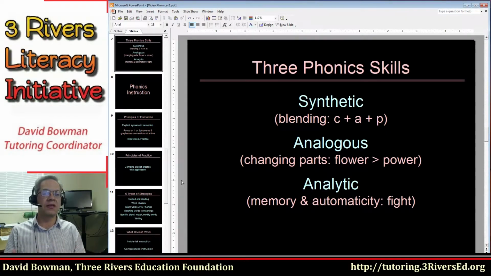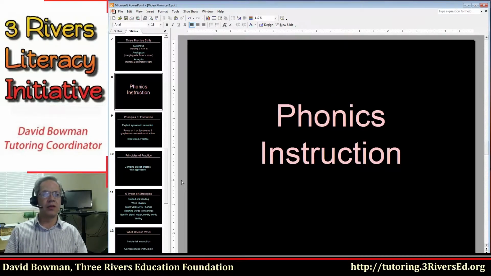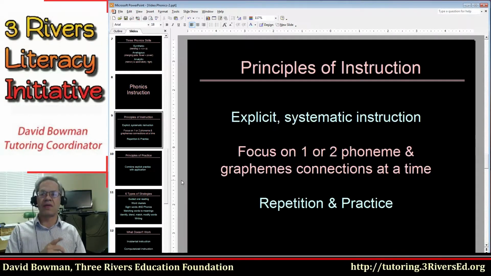And all three of these skills quite obviously relate to one another. We need all three types of skills, so we provide practice and training in all three types of skills. So with that being said, let's take a moment and look at what we actually know about providing phonics